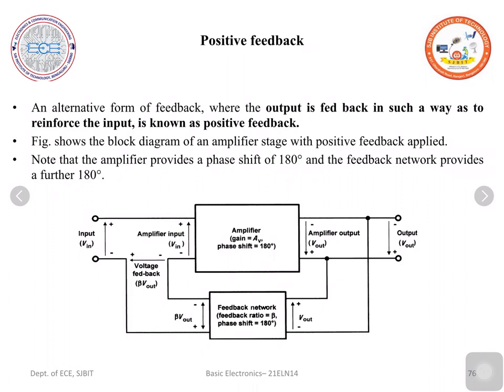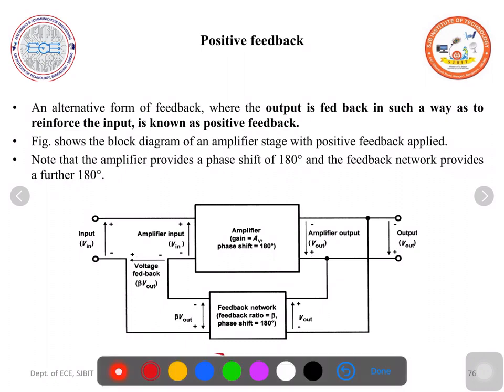If the input signal is like this, and if the feedback signal is like this, then we say there is no phase shift at all. Our phase shift is 360 degrees or 0 degrees. And these two signals aid each other. They reinforce each other. And they add together, and this V in dash increases,